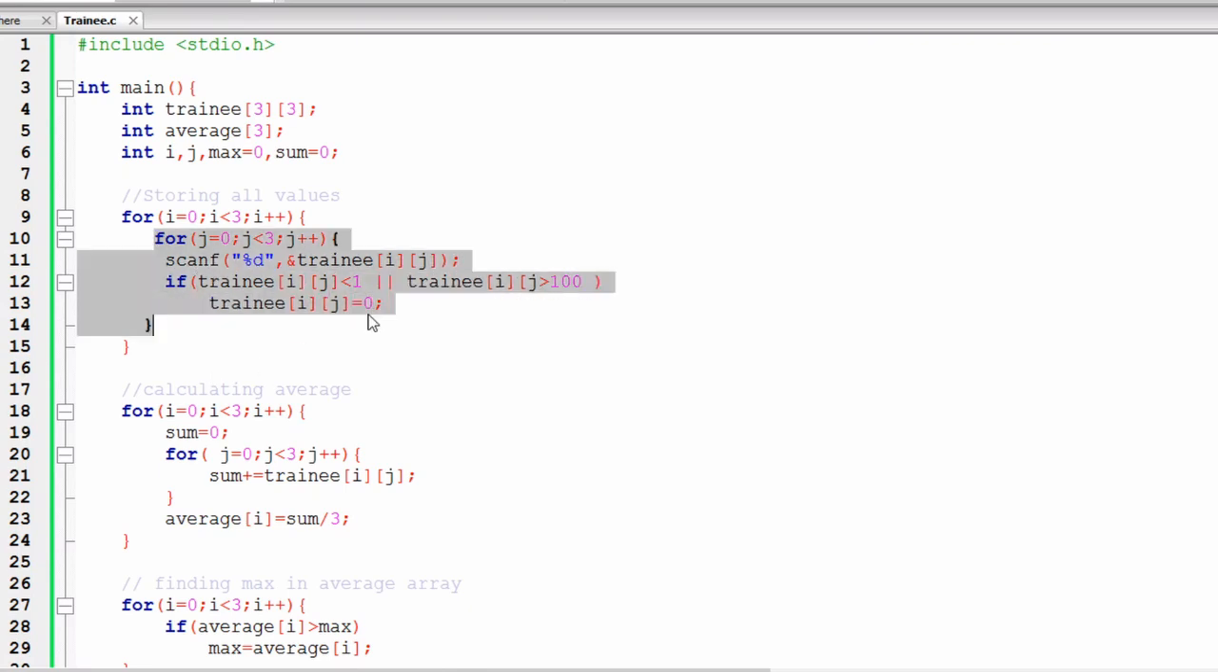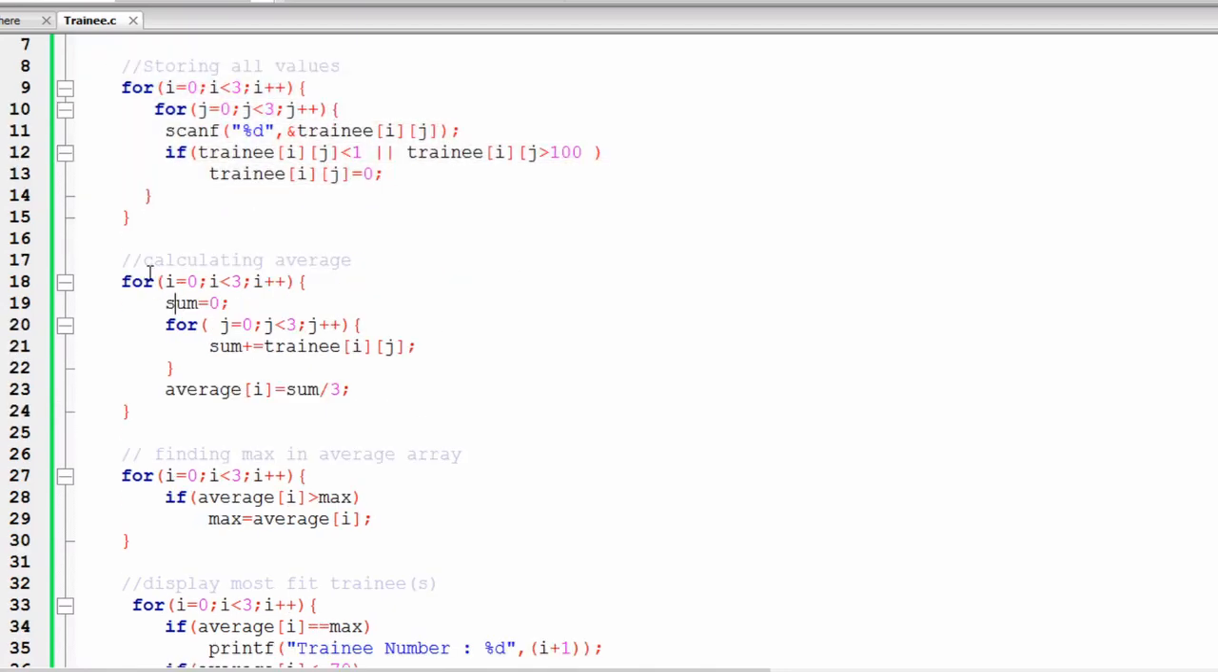Now after 3 iterations of this inner loop and 3 iterations of this outer loop, we will store 9 elements in our 2-dimensional array trainee. Then after storing all the values, we will move to this for loop, and this for loop is also starting from i equals 0, and the loop will iterate till i is less than 3. And inside this for loop we are initializing sum with 0, and then we have a nested for loop,